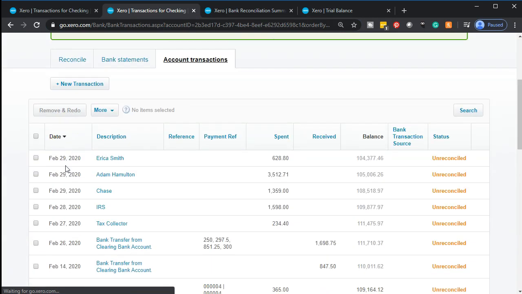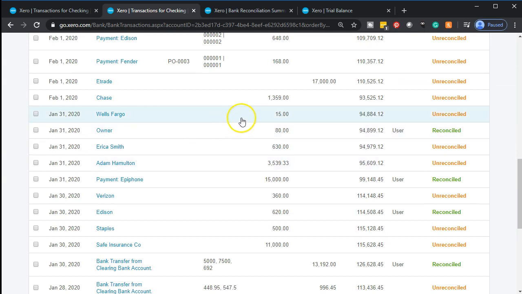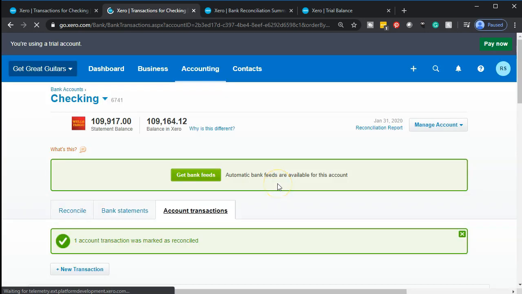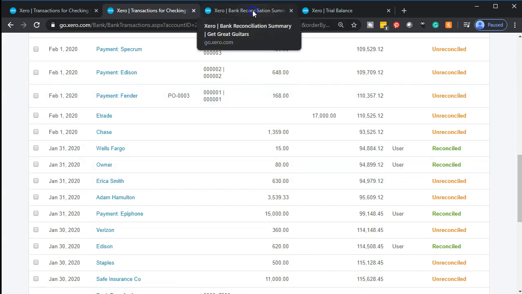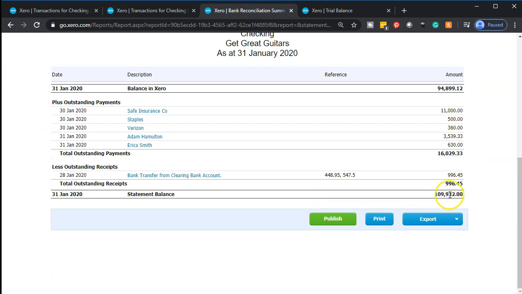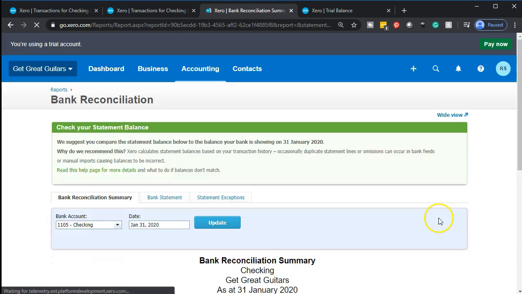And then go on down. We should then see that $15 on January 31st. There it is. We're going to check it off, and then we're going to reconcile. So then I'm going to go back up top and mark that one as reconciled, please. And it does so. So then we're going to go back to our bank reconciliation and update this report. And this bottom number should change now. So I'm going to say update, and so should the top number, this